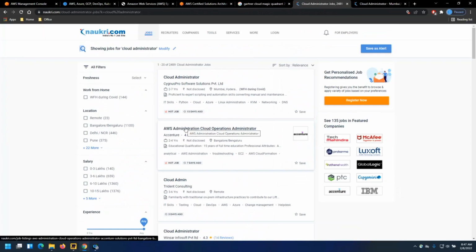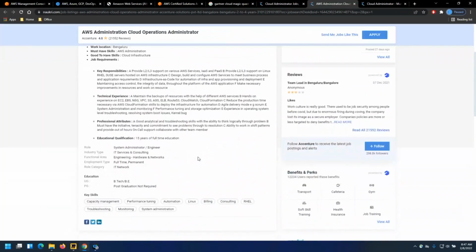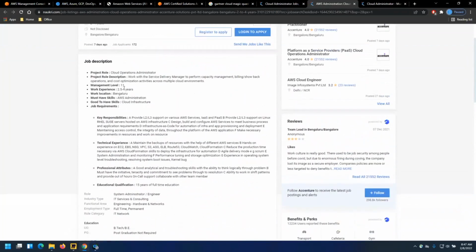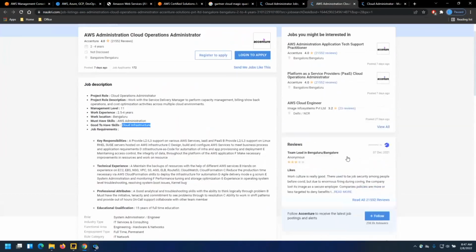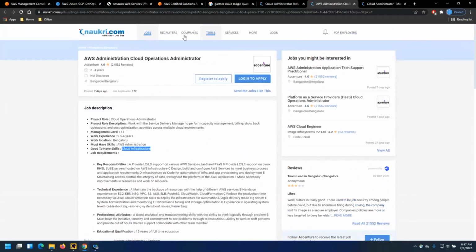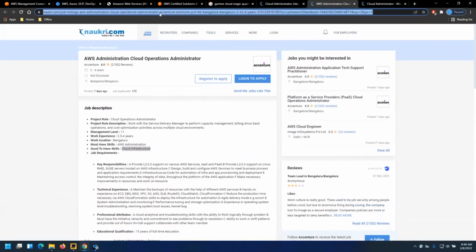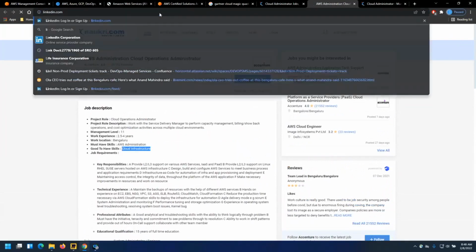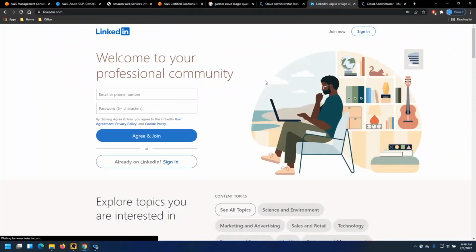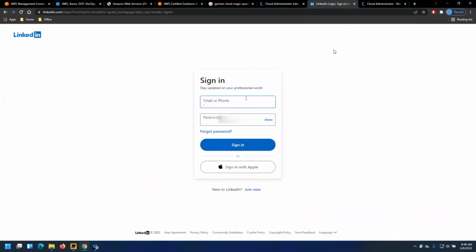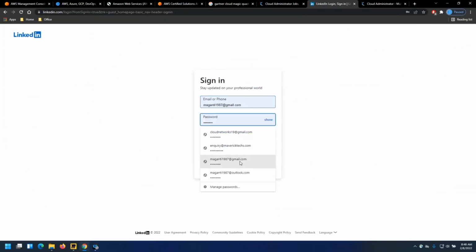Let's see. AWS must have, good to have cloud infrastructure knowledge. They haven't mentioned any other cloud, but it's good to have other cloud infrastructure knowledge as well. And let me show you the job profiles I posted, in fact what I shared.